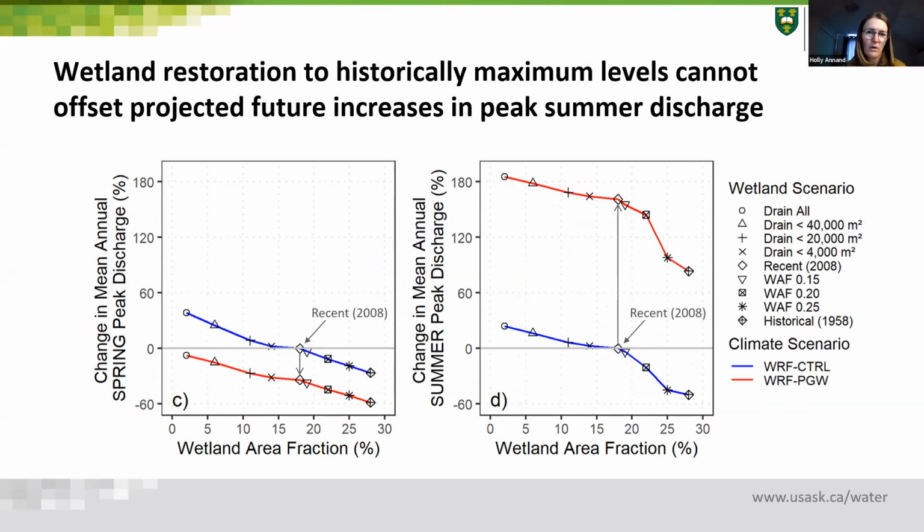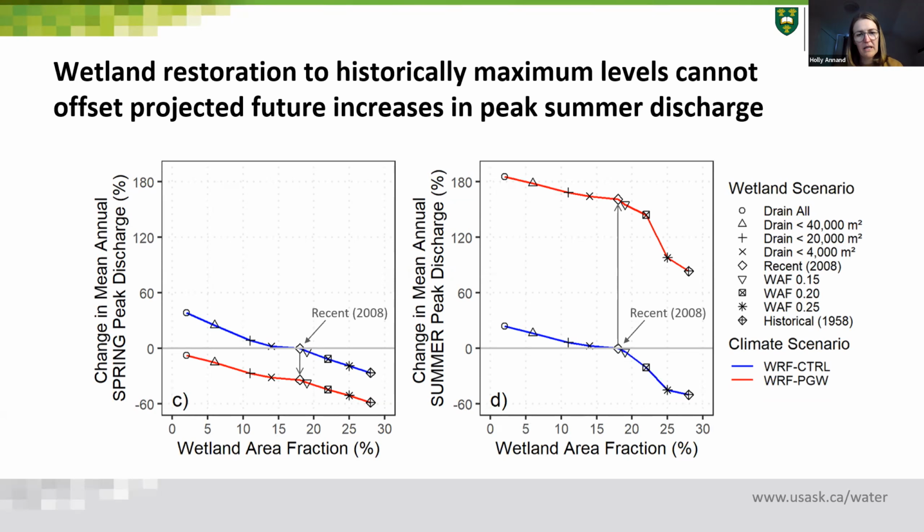Then quickly, I wanted to look at what the influence of the wetland restoration was on peak flows. So on the left, we're looking at spring peak discharge, and on the right, we're looking at the summer peak discharge. And these graphs now follow the same principle as what I discussed on the previous slide. So I want to bring your attention just to the figure on the right, where wetland restoration to the historical maximum level was not enough to offset the projected future increase in peak discharge in the summer period. So the red line on the right doesn't come back down to cross the zero axis